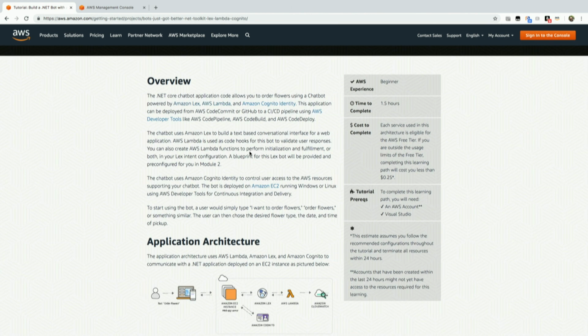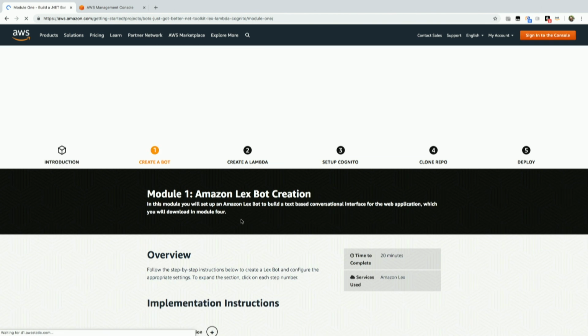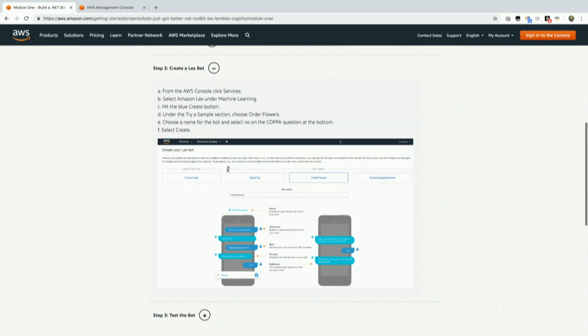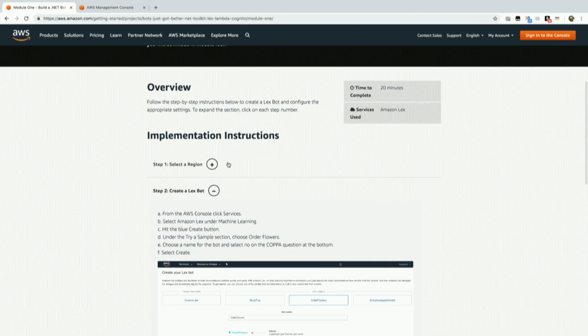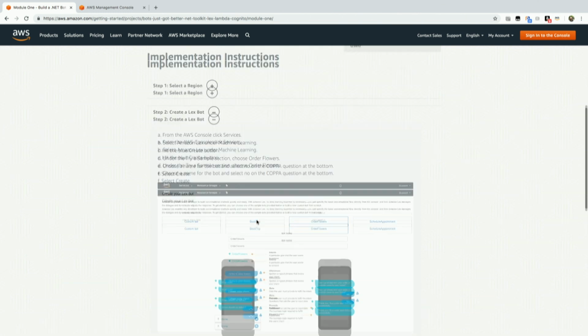It shows here that time to complete is 1.5 hours. Since this is supposed to be a very short video, we're going to cut this down. But I want to go through the main aspects of how to build the bot here. So let's go to number 1, to create a bot. And you can see here it actually gives you a complete step-by-step instruction on how to build and deploy a